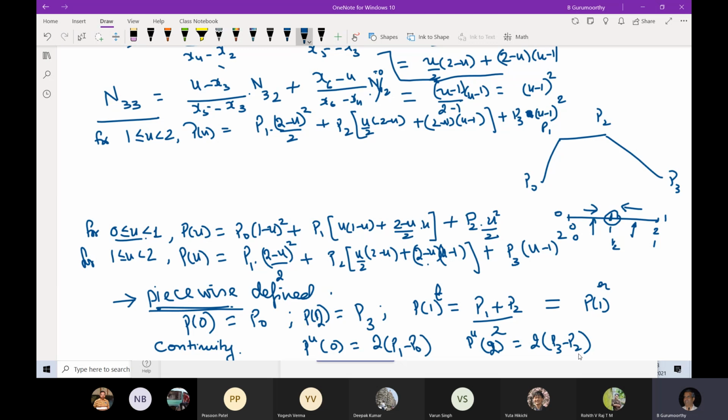Therefore, my B-spline curve, even though it is defined in number of segments, ends up looking like this. So the first segment starts from P0 tangential to P0, P1 and goes off to P2, and the second segment